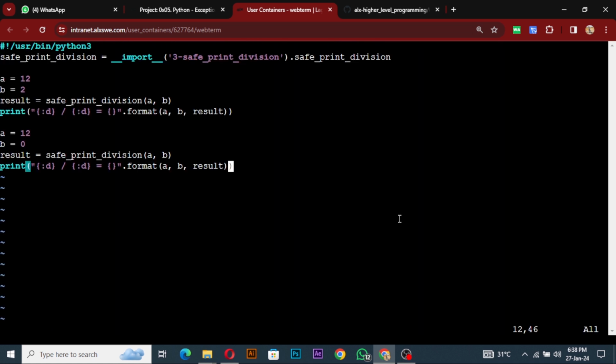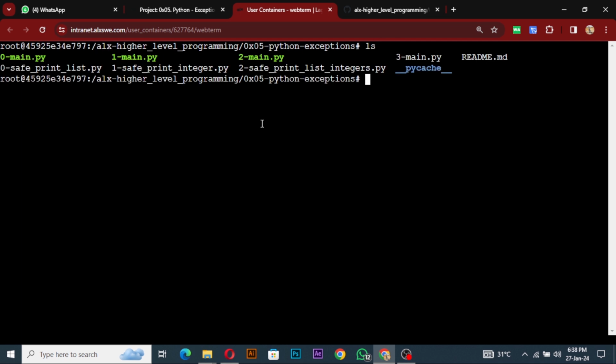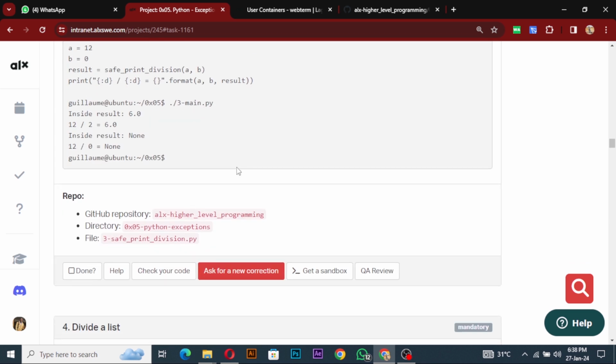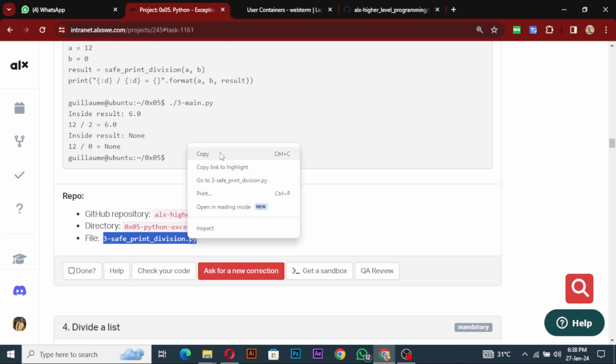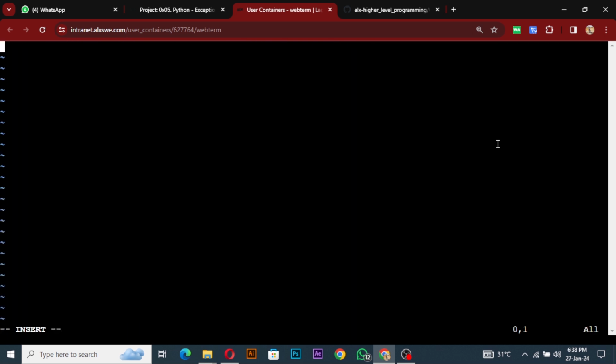Okay, and then ls, and then what else? Git save print. Okay, so we're just safely printing things. Okay, so we have this, and then we have our shebang line,